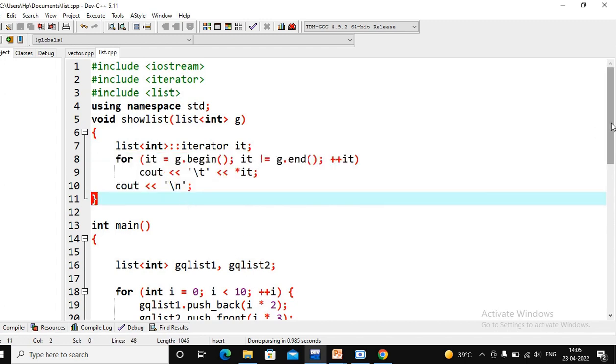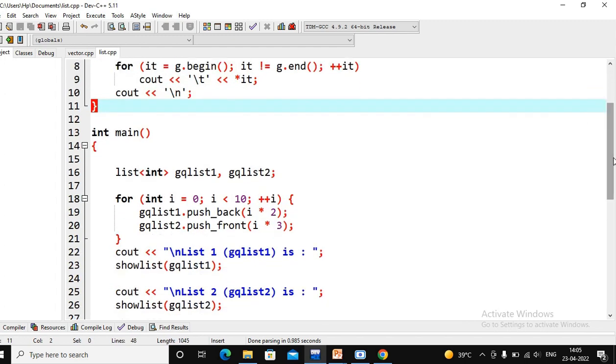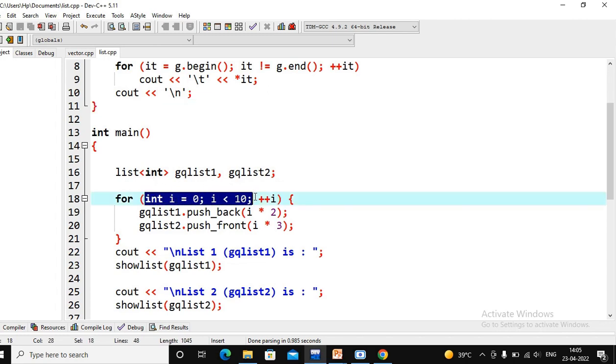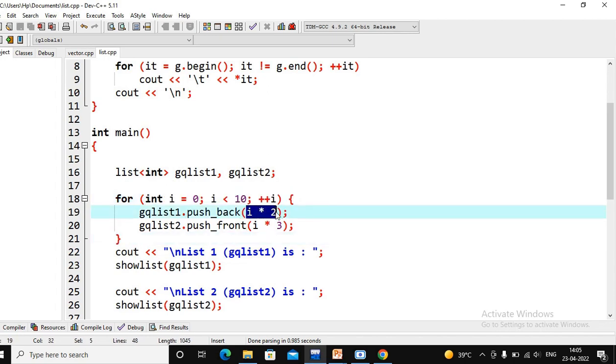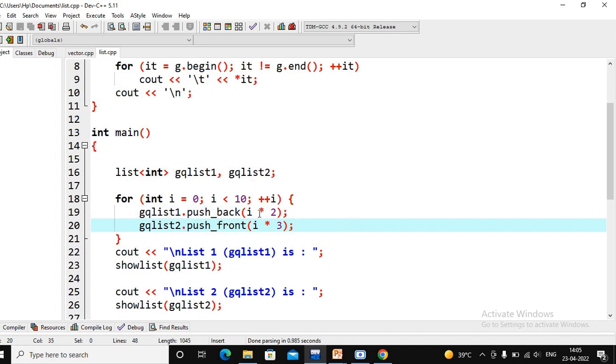In int main, we have created two lists, gqlist1 and gqlist2, both of type integer. The first has elements from 0 to 10, the elements i times 2, that is 0, 2, 4, 6, 8, like that. There are 10 elements.